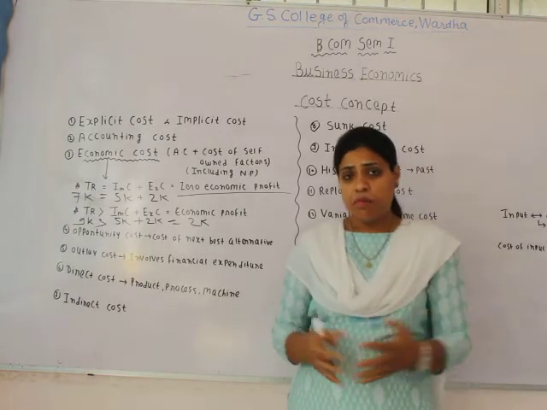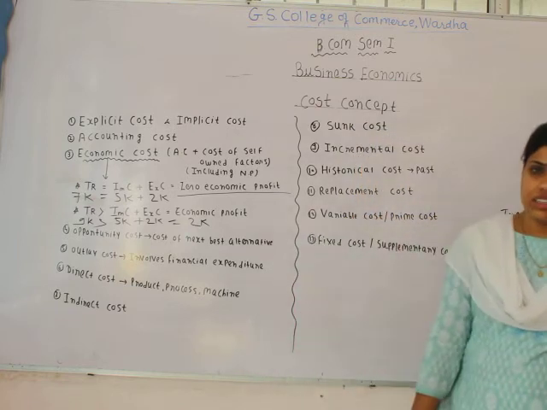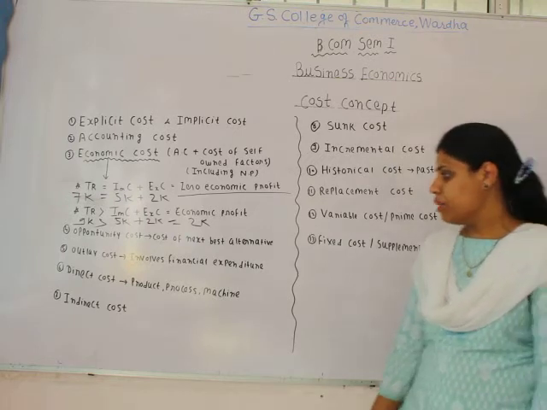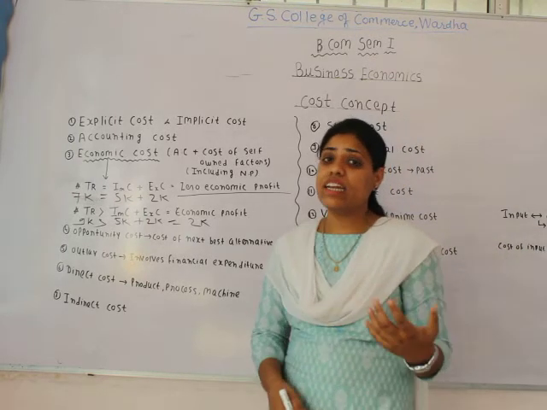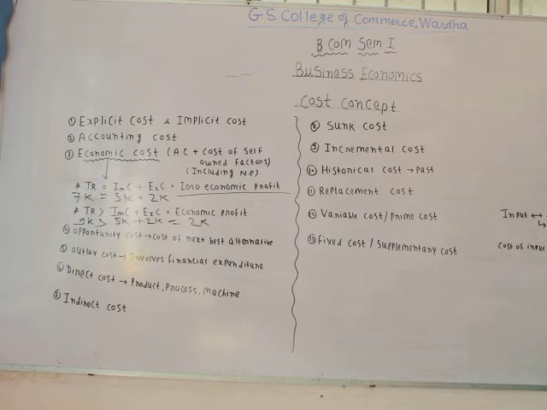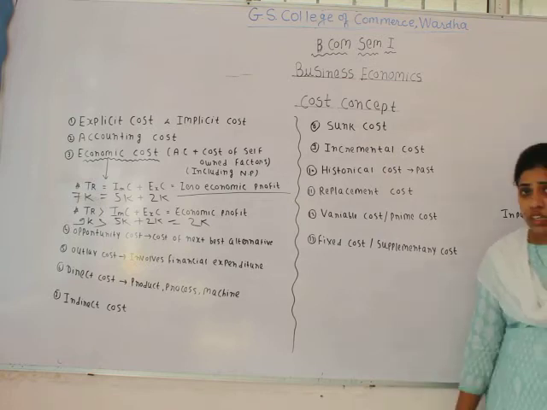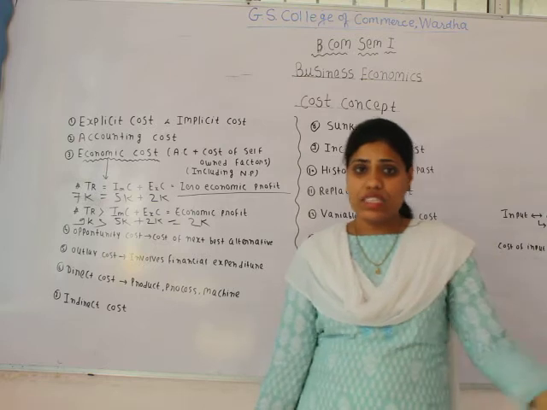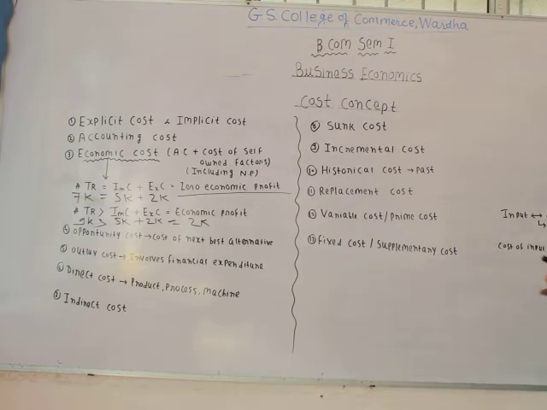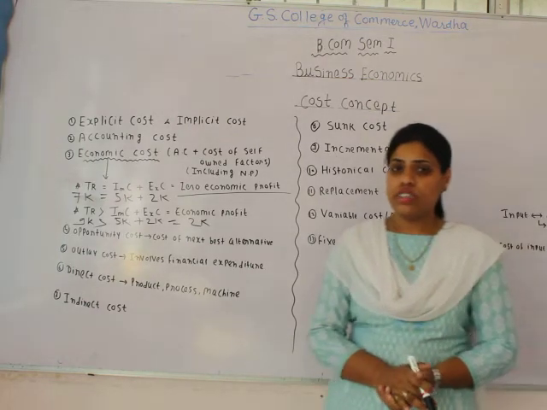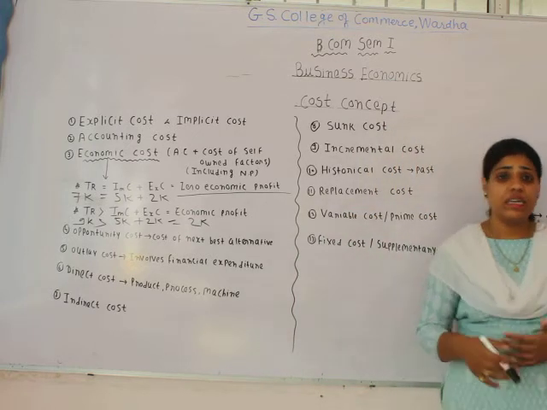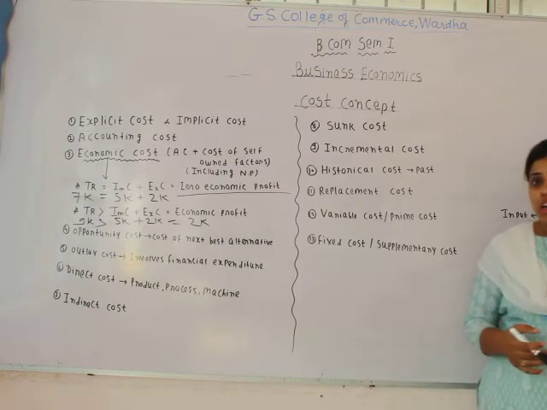Which can directly be associated with the machine. If you are using a certain machine and you know how many liters of petrol are required to operate it, that would be known as direct cost, because the petrol required is directly associated with the operation of that machine. So it is traceable to that machine. That is why the cost of that petrol would be known as direct cost. So direct cost, or traceable cost, is the cost which can directly be associated with, and traced in, a particular product.